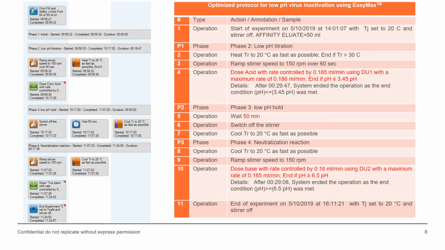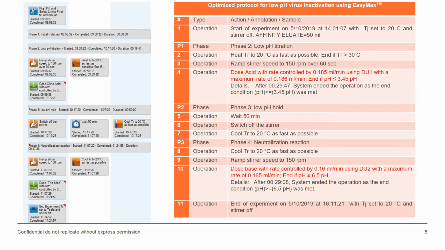The protocol is essentially divided into 4 phases. In the first phase, you are just getting the sample into the system. Here we were dealing with 50 ml of the elution pool. Then the elution pool is heated or brought to the 20 degrees C temperature, and the stirrer is ramped up. Once you have reached the 20 degrees C and the stirrer speed, you go into the phase 2 of low